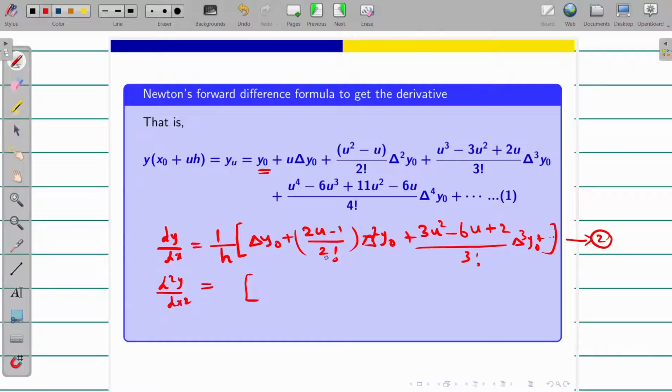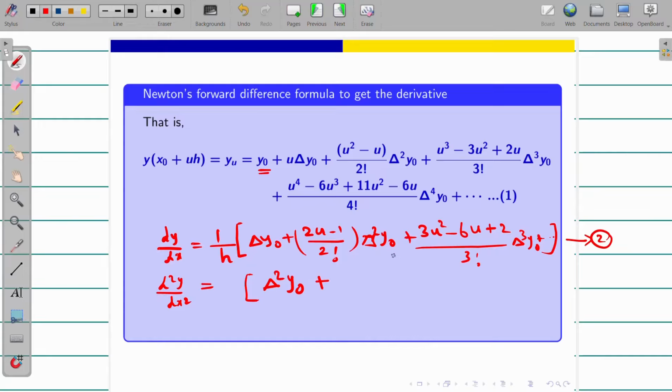So 2u by 2 factorial. 2 factorial value is 2 only. 2u by 2 value will be what? It will be 1. So it will be del square y naught. The second derivative will start with del square y naught. The first derivative will start with del y naught. That is a simple clue here. Plus